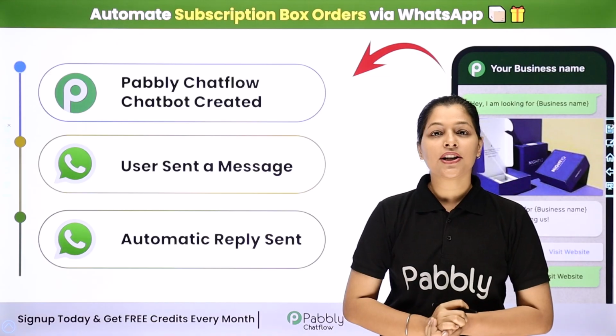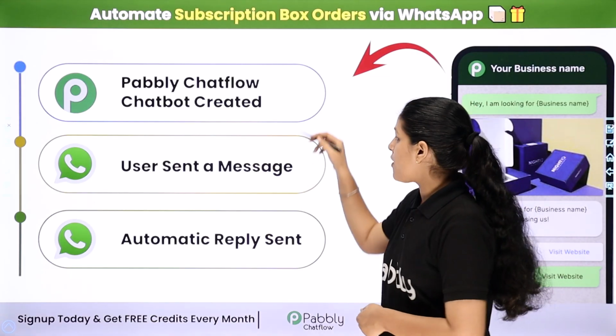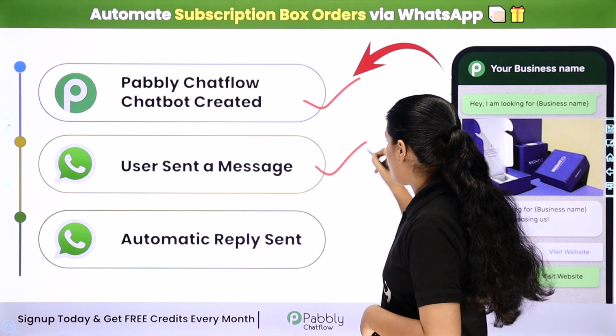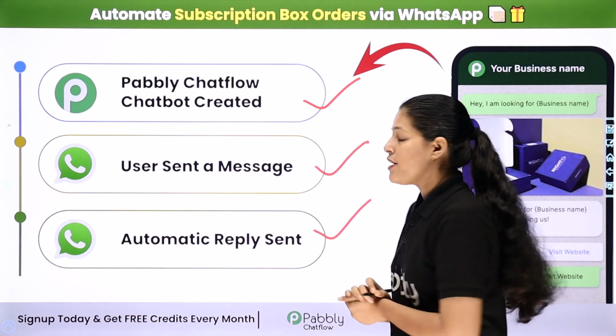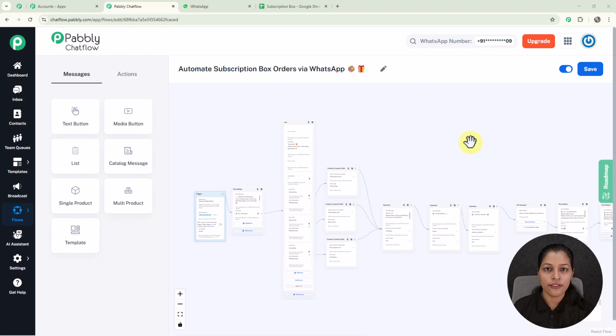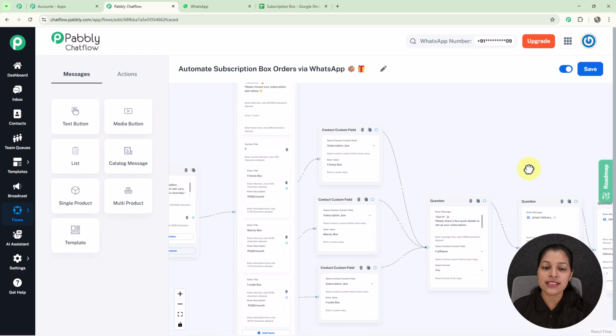So firstly in this video we are going to create a WhatsApp chatbot using Pabbly Chatflow. Now if a user sends a message, an automatic reply will be sent to them. So if you also want to build this chatbot, then let me take you to my screen. Welcome to my screen. In this video we are going to learn how to create a WhatsApp chatbot for automating subscription box orders. Right before you on my screen you can see the flow I have